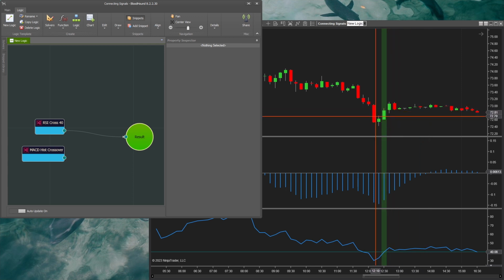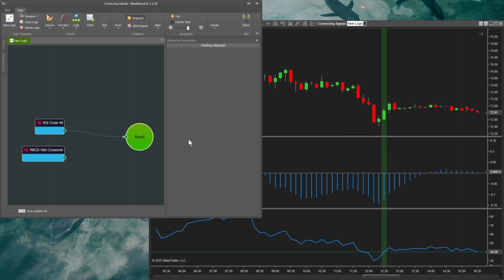So this bar right here, right now, I'm connected to just the crossover for the RSI. This bar knows that that crossover occurred. But the next bar has no idea that that crossover happened. This bar doesn't either, and none of these do, including this event where the histogram crosses above zero. This bar has no idea that just a few bars ago, maybe 10 bars ago, this RSI cross